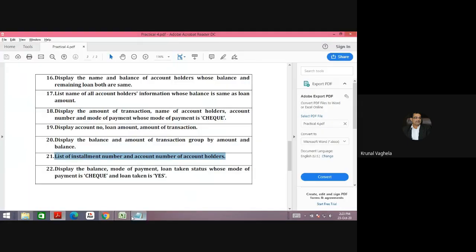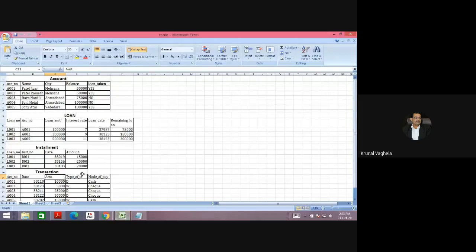Installment number and account number. Installment number I will get from here, account number I'll get from here, but I don't have anything common between account and installment. So I need loan, because I need to know the loan number also.